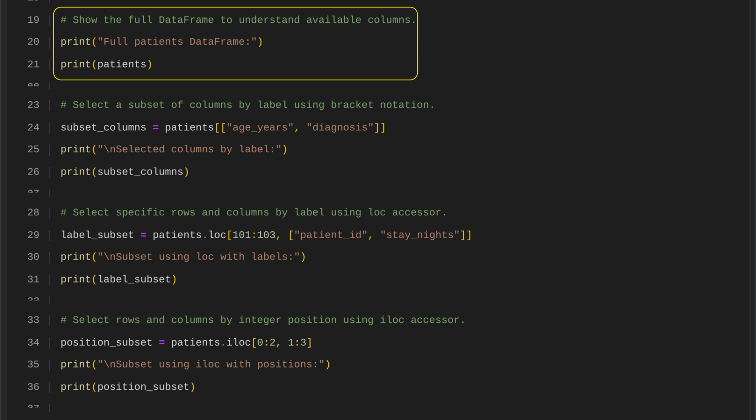We start by printing a short message to explain that we are about to show the entire data frame, which sets the context for what follows. Then we use the print function to display all of the data, including every column and row. Seeing the full data frame is important because it gives us a complete view of the data set and helps us understand its structure. With this overview, it becomes easier to decide how we might manipulate or analyze the data